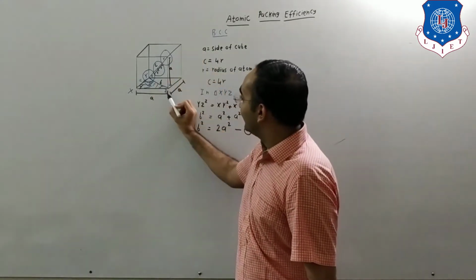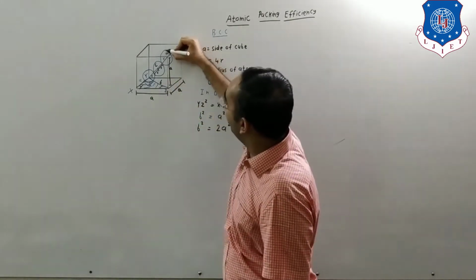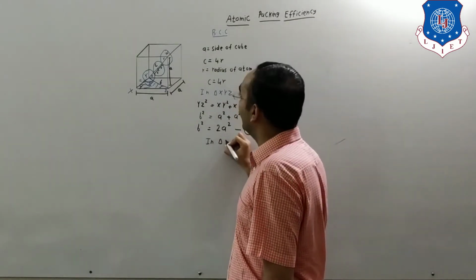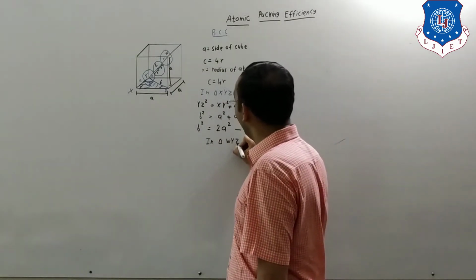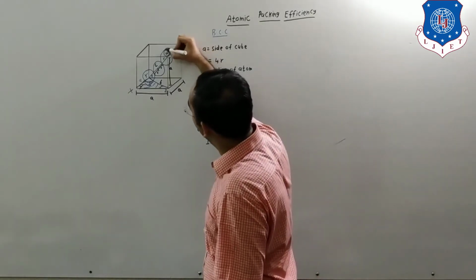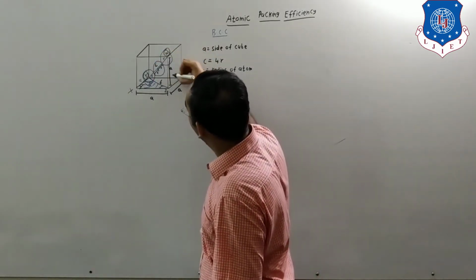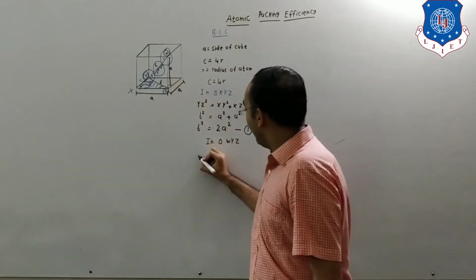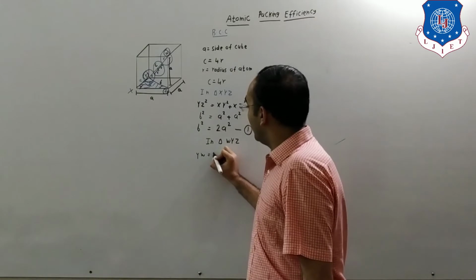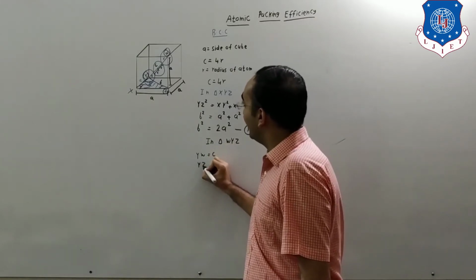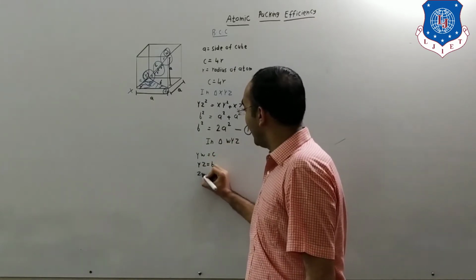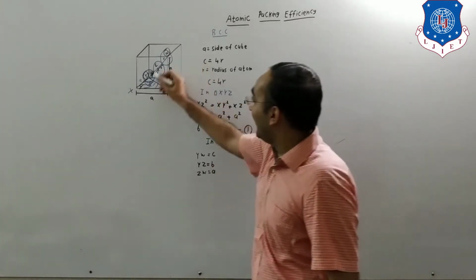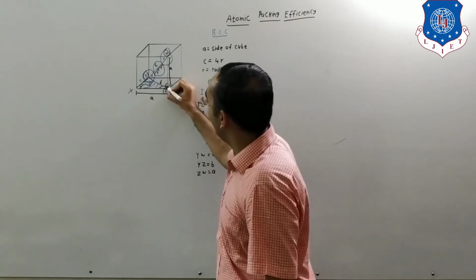So Y, Z, let us take W over here. So now going in triangle WYZ. Where is the WYZ? W, Y, and the Z, that is over here, WYZ. We are having YW is equal to C. We are having YZ is equal to B, and ZW is equal to A. Once again, there is a right angle triangle which is forming over here.